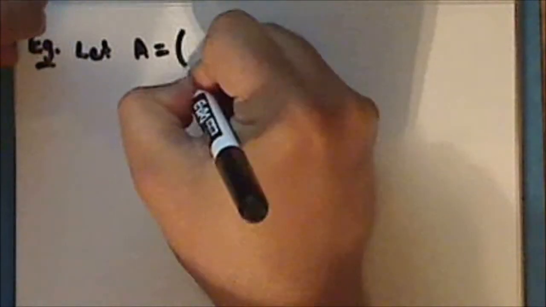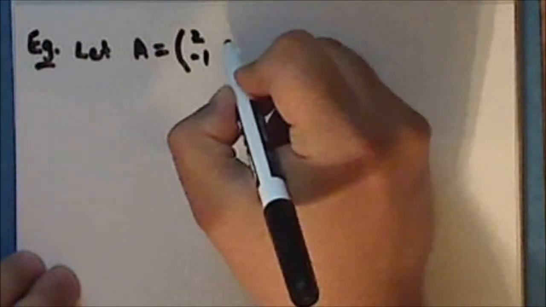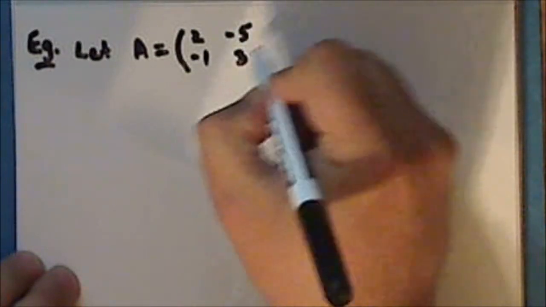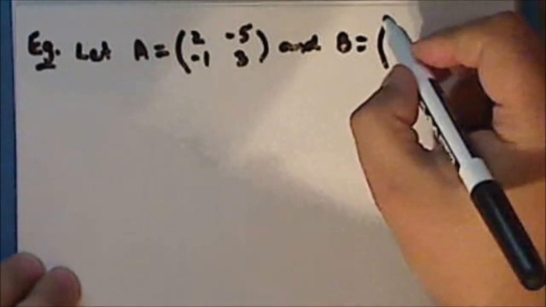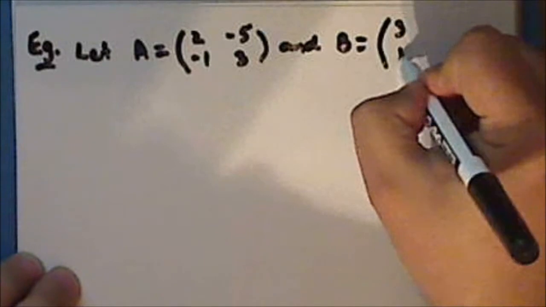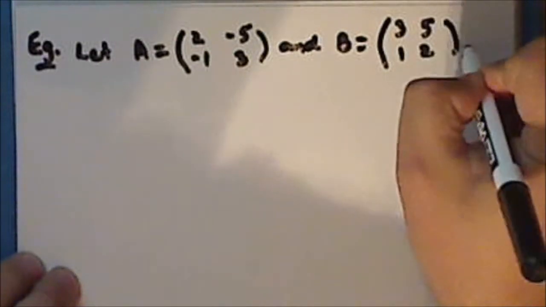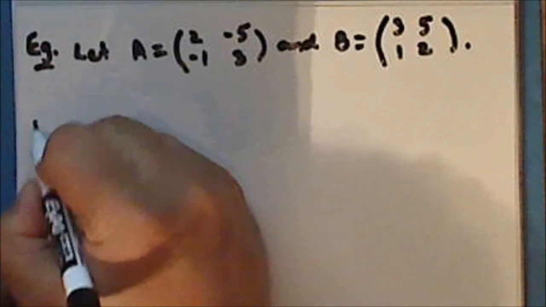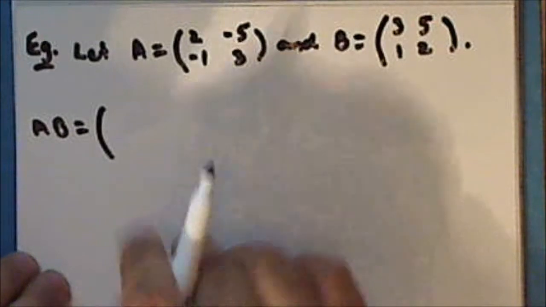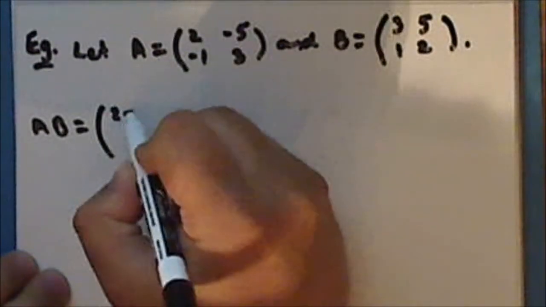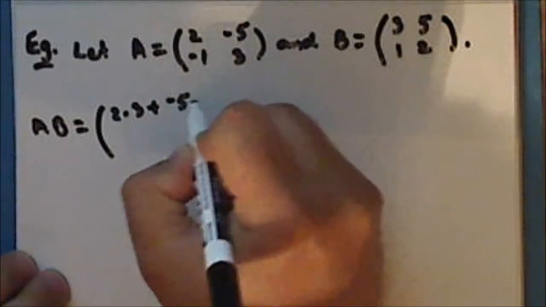So let's look at an example. Let A be the 2 by 2 matrix with columns (2, -1) and (-5, 3). And let B be the 2 by 2 matrix with columns (3, 1) and (5, 2). A times B is the 2 by 2 matrix with entries 2 times 3 plus -5 times 1,